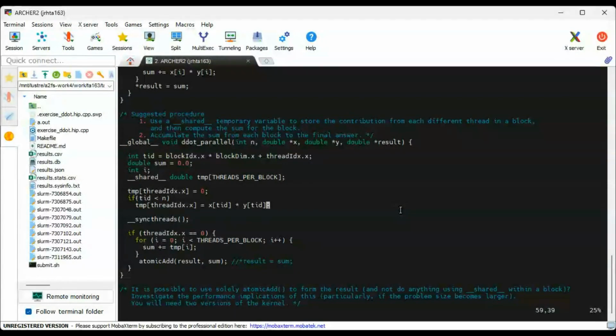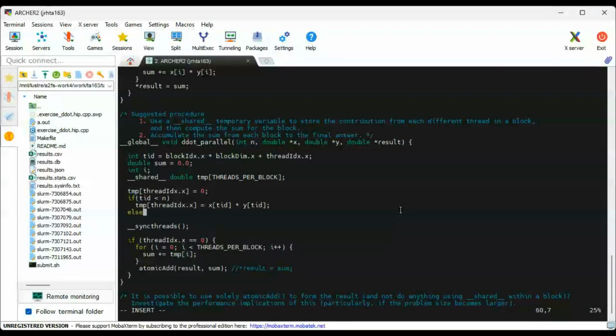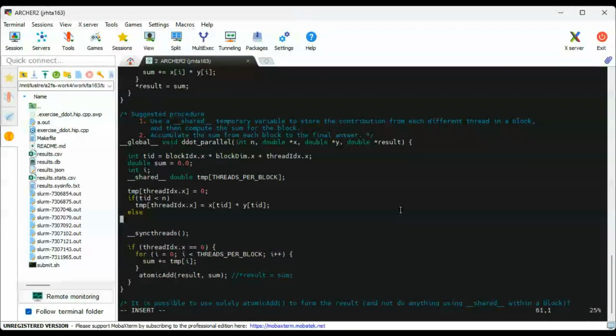So talking about the if, another option that I could have done is to add an else here, and then the tmp thread idx.x equals 0. And then this line I could comment out. But for instance, creating this will create